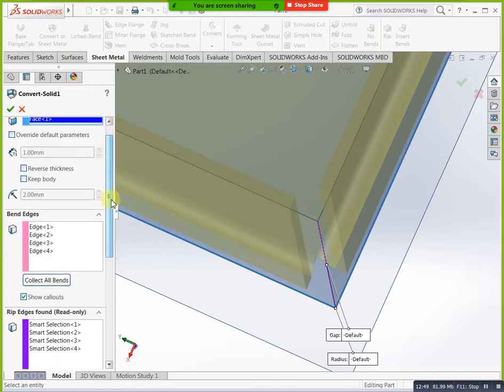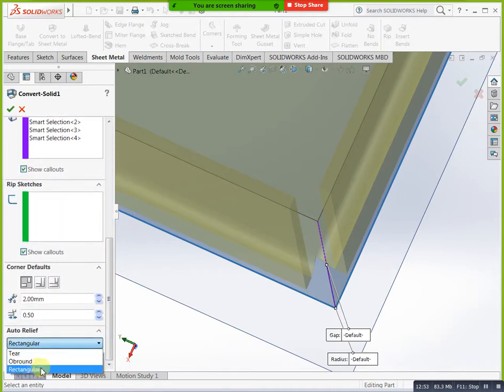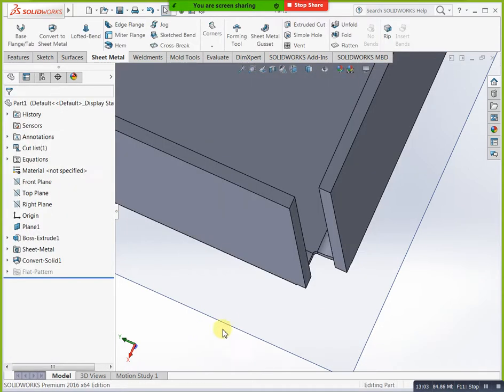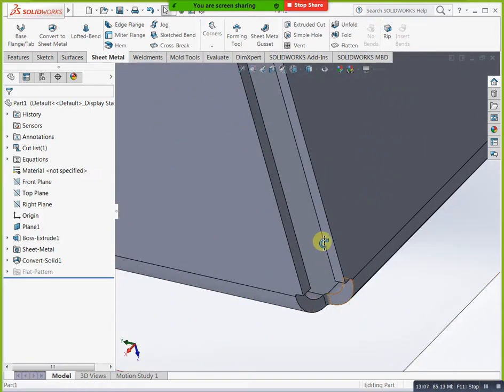For example, I need to change one more thing last. We can try for tier. This is tier, but very useful. You can go with a rectangle, that is better for you. Like this. Now this is our model.